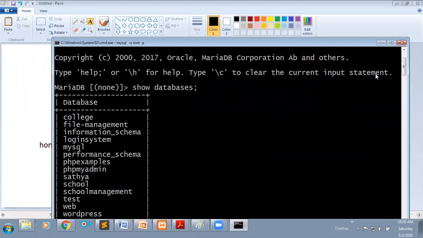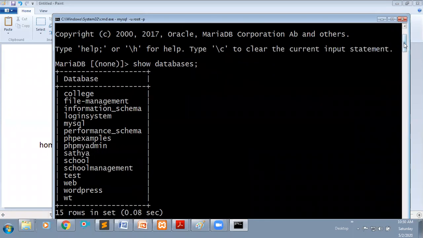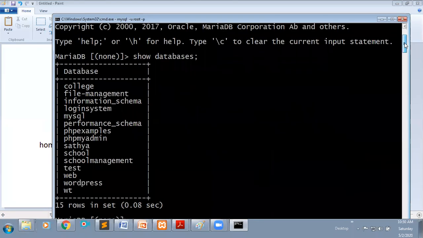Now you can see the databases which are already available within my MySQL server, like college, file management, login system, MySQL, school management, test web, some different databases.